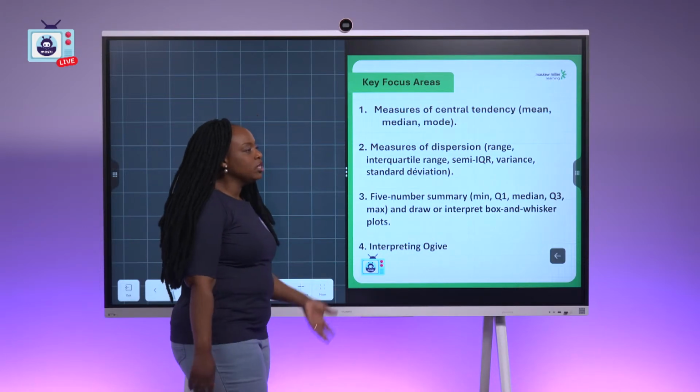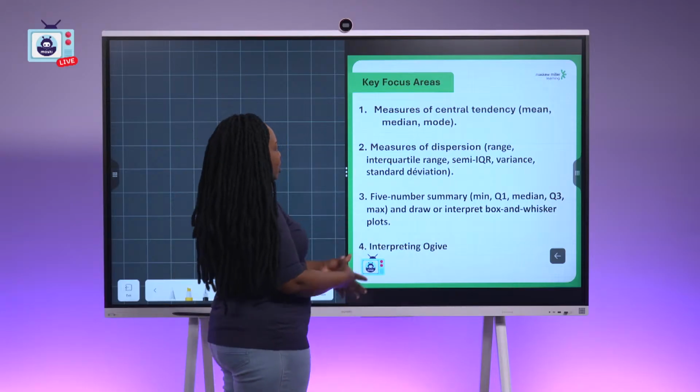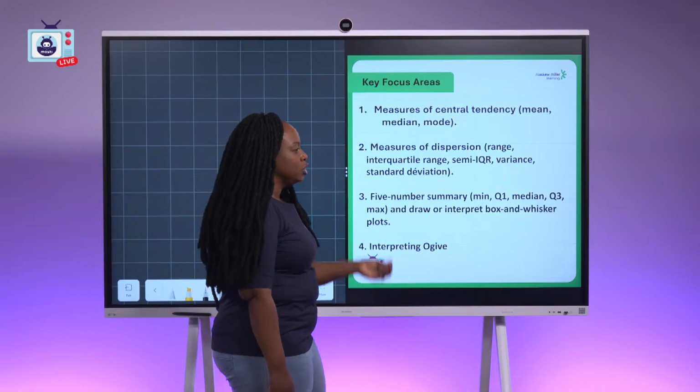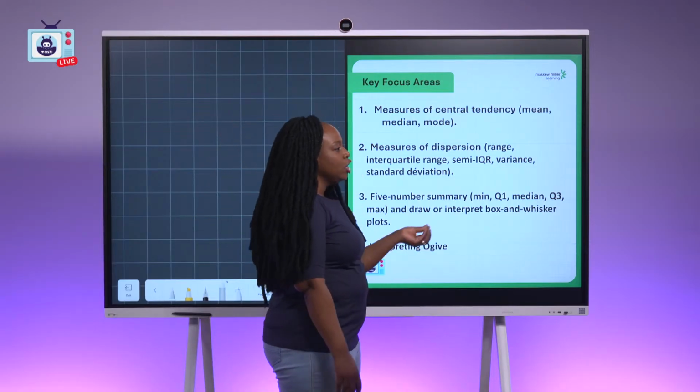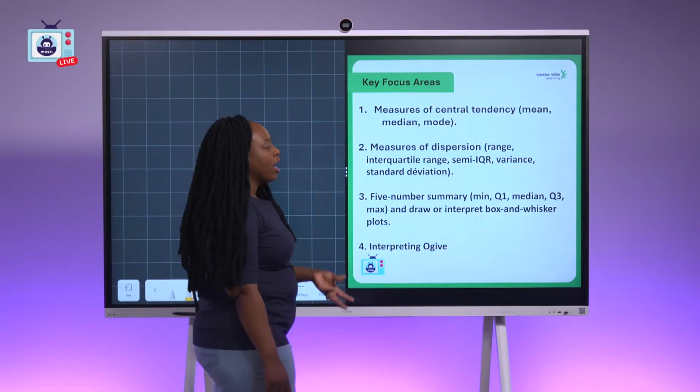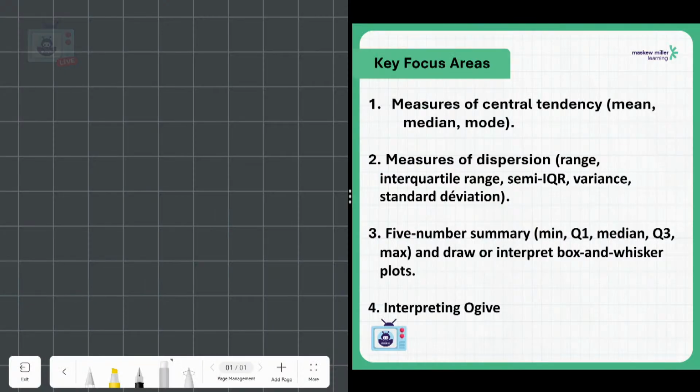So here what you need to know and understand, just your key focus area, is the measure of central tendencies. You need to know how to get your mean, your median, and your mode. You also need to know where and how to calculate your measure of dispersion, which is range, interquartile range, semi-interquartile range, variance, and standard deviation. Also, you need to know how to deal with the 5-number summary and where you find it from,